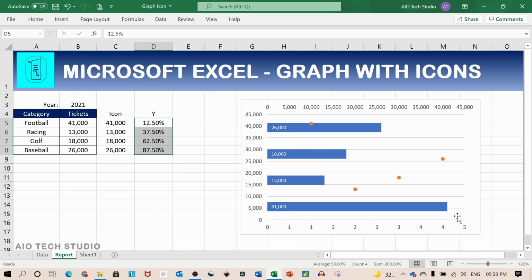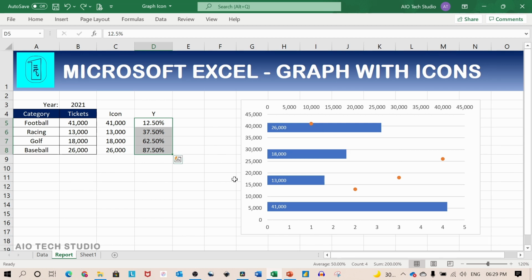Y position is the vertical position from the bottom of the graph. It is directly dependent on the number of bars in the graph. This graph has 4 bars, so every section is 25%. So in this way, the center of first section is 12.5%, center of second section is 37.5%, center of third section is 62.5%, and the last section, the center will be at 87.5%.